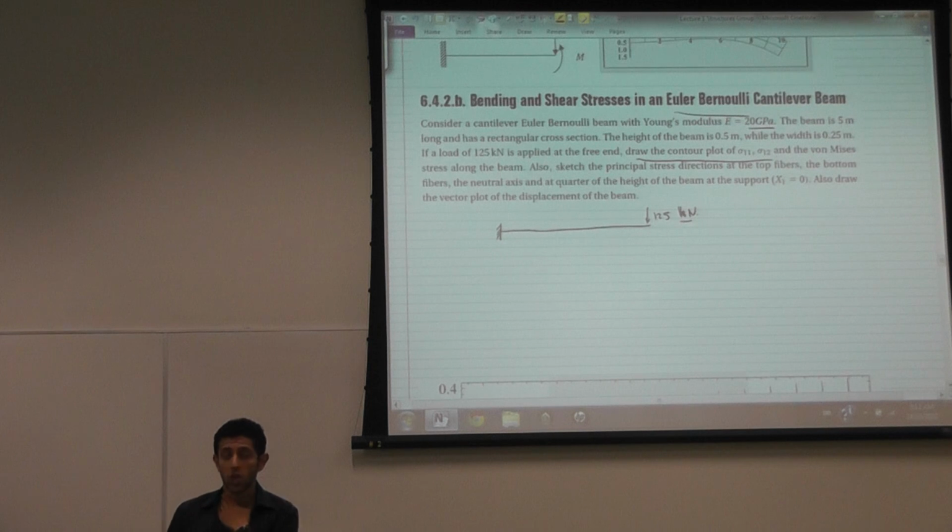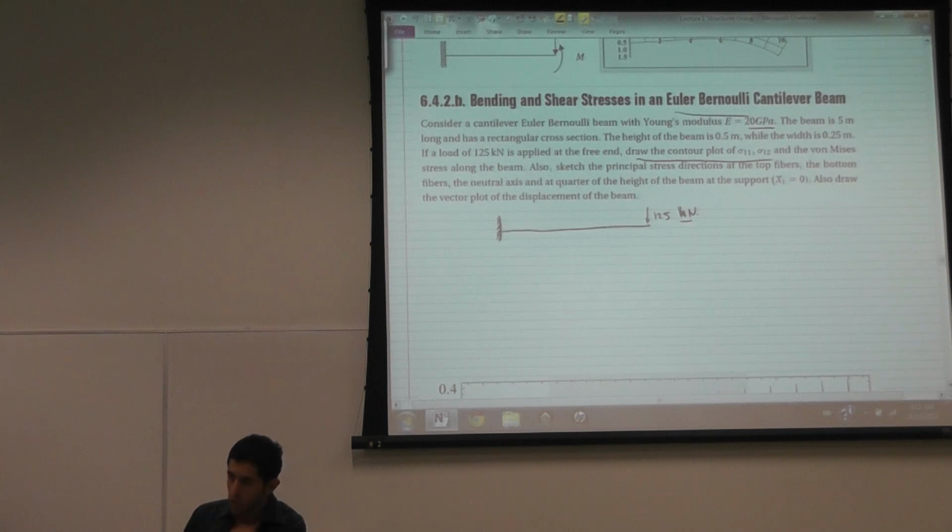stress. So in general, when you do the beam analysis, you usually stop at finding the bending moment and the shearing force, which is... when you design a beam, you actually design the beam based on the stress. And so it's important to look at where the maximum stress is and where the maximum von Mises stress on